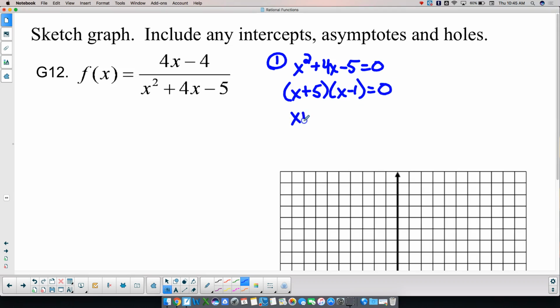So then that makes x plus 5 equal to 0, so that's going to be negative 5. And x minus 1 equals 0, it's going to be 1. So my domain here,